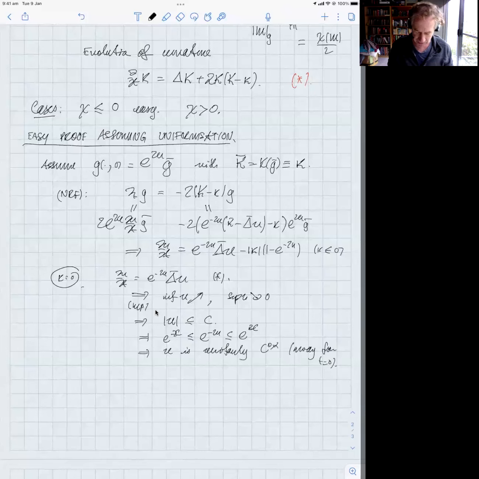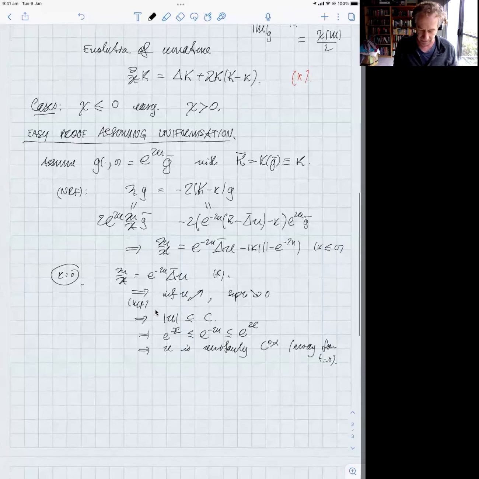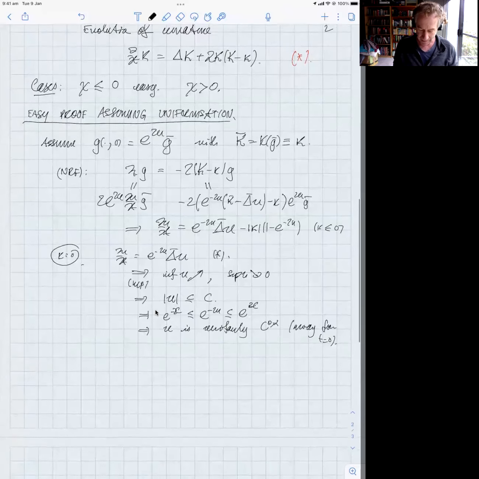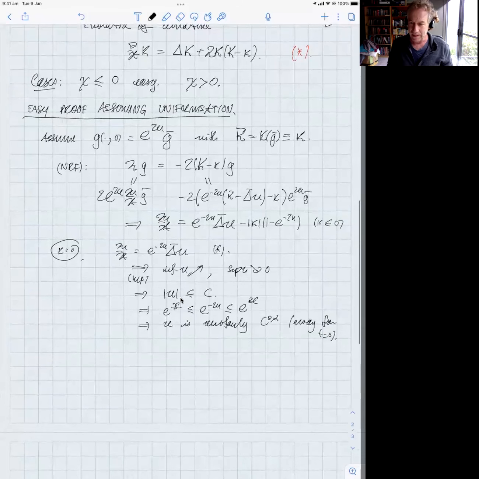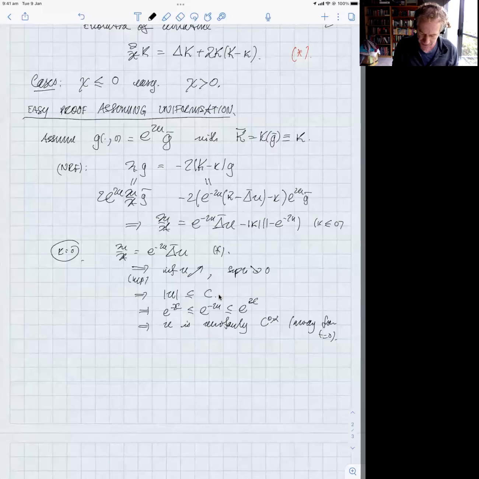Okay, so away from t equals 0, I get a bound on the Hölder semi-norm of u, which depends only on the sup bound for u, on this constant c, and the elasticity constants, which are also controlled by c. So if u is uniformly C^{0,alpha}, then I know that the coefficient eta minus 2u is also uniformly C^{0,alpha}. And now I have a linear parabolic equation with Hölder continuous coefficient, so I can just use Schauder